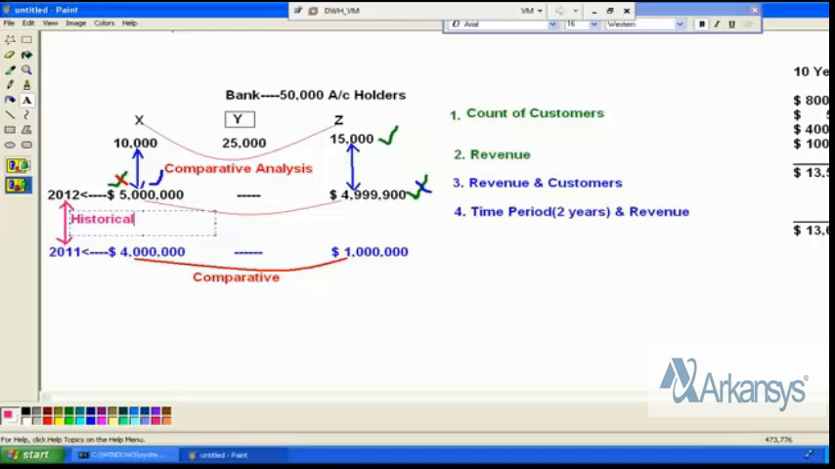Here I mentioned 2009 as 4 million at X location and the G location is 1 million. Now you are comparing the values between revenues of the same region between the 2 years, like 2012 revenue and 2011 revenue of X location. Same way, 2012 revenue and 2011 revenue between